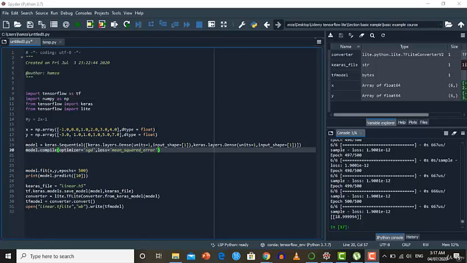So you can clearly see the pattern in our data. The pattern in our data is y is equal to 2x minus 1. We are going to train our machine learning model on the values of x and y, and we will see whether our model will be able to extract that pattern or not. So that is our basic data set. X is the feature and y is the label, and we are going to train our model on this data set. Now the next step is creating our model.